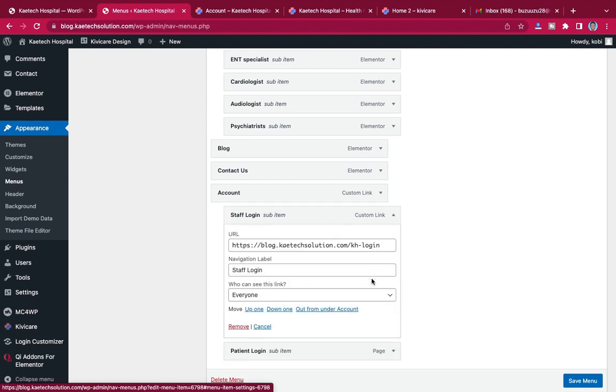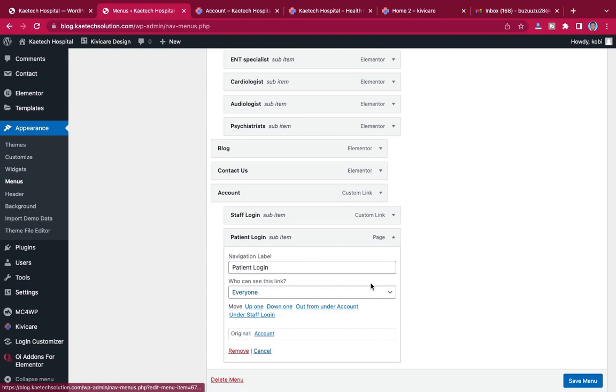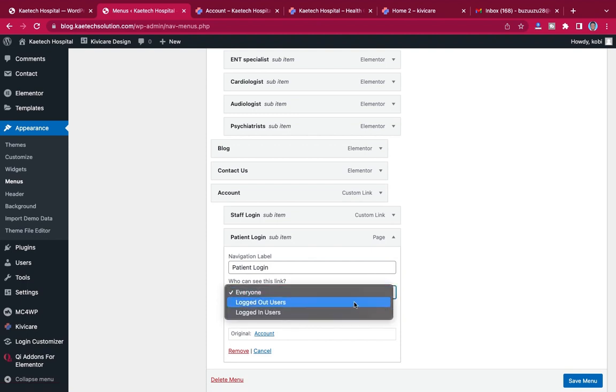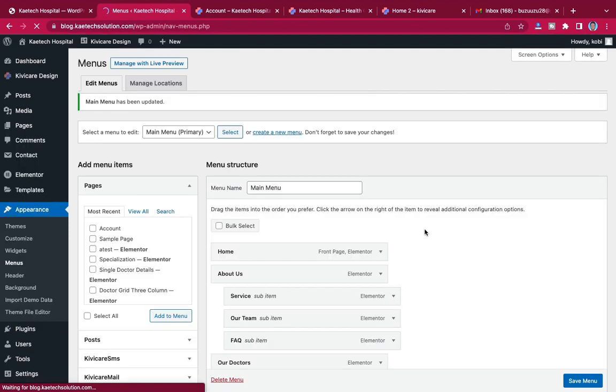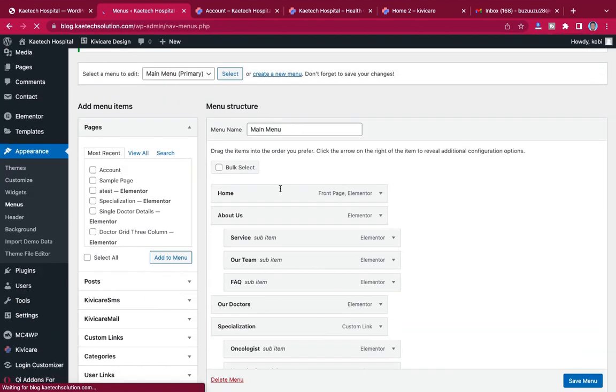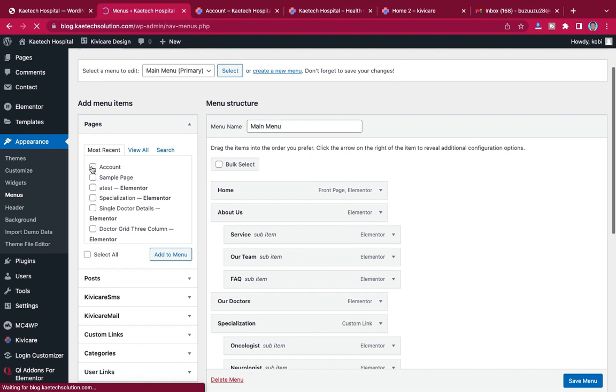The same applies to this one, so all logged out users, and this one also is all logged out users. So for these ones, the people who can see them are all logged out users. Now another one I'm going to do is add this same thing, the account also. I'm going to add it to it,